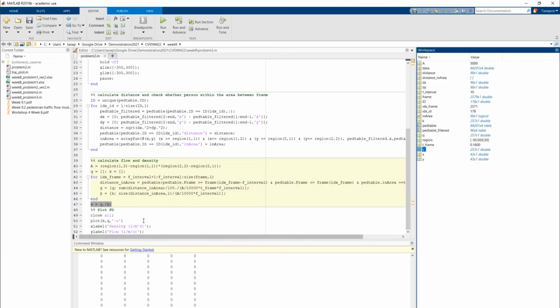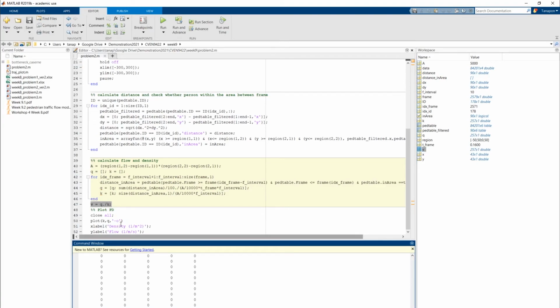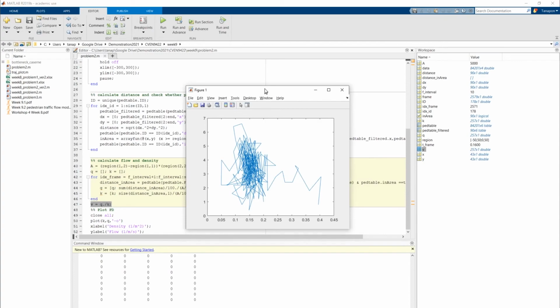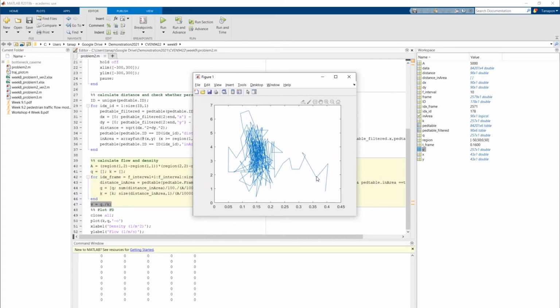So we can plot speed and density maybe. Plot speed, which is V, and density. Let's close that first. That speed and density, it looks pretty bad, huh? It should have a curve going down like that, but